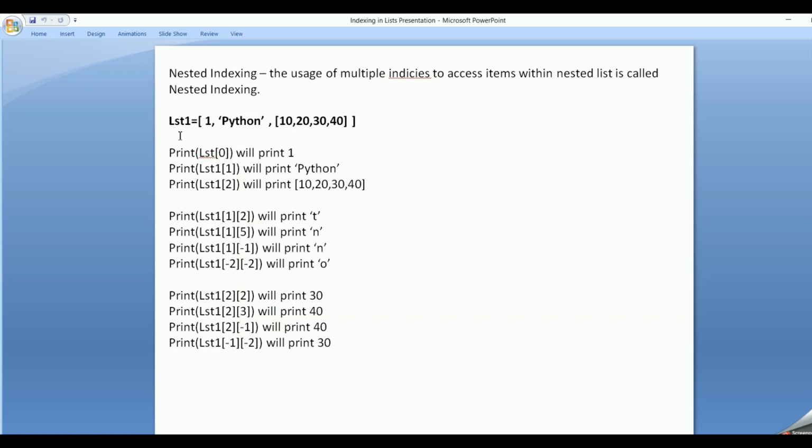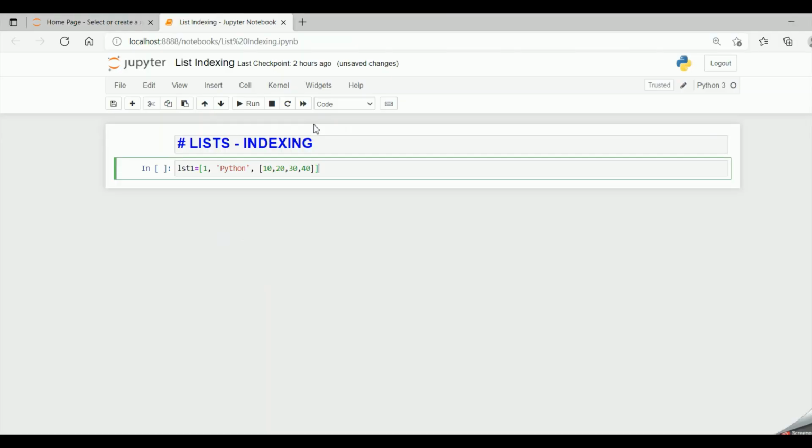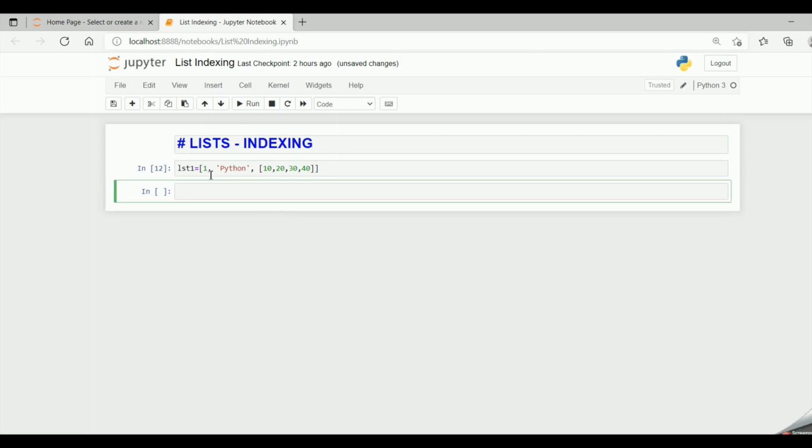So this is my list 1, which is having the first item as 1, the second item as Python and the third item as another list. Each of the items is separated by commas.